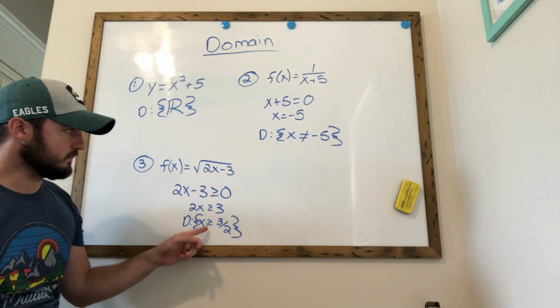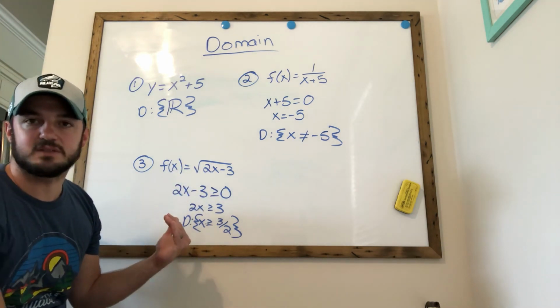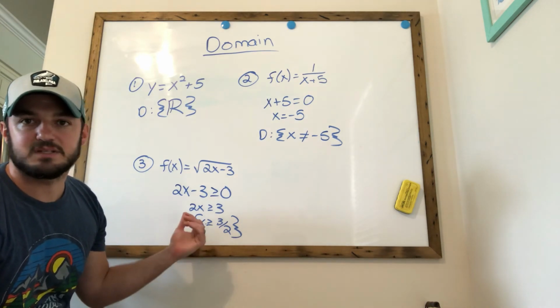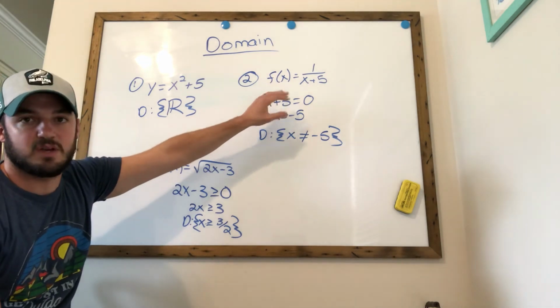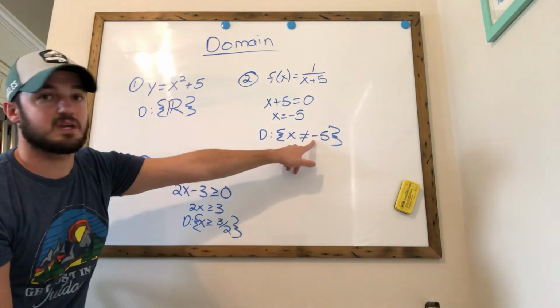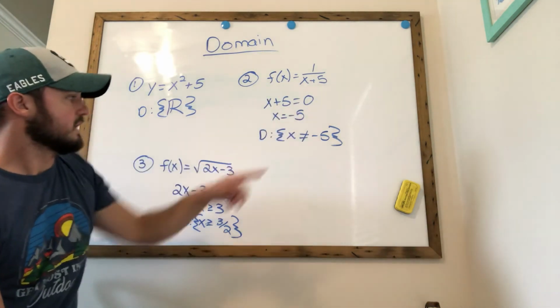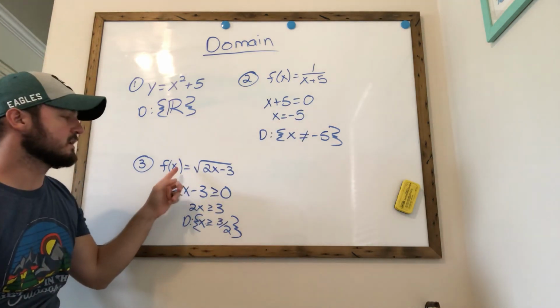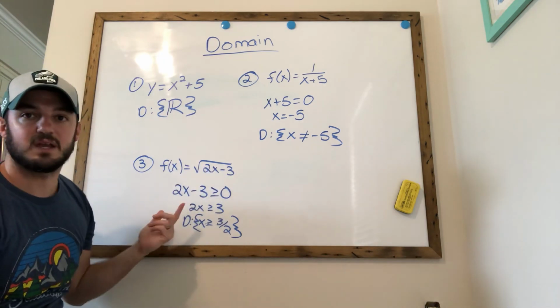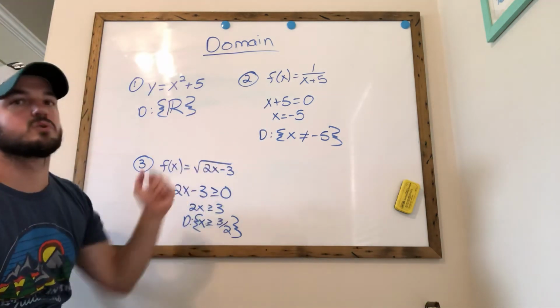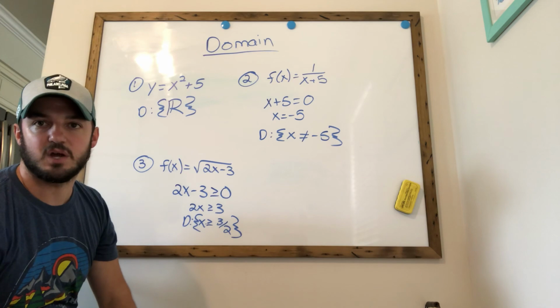So again, I know I simplified things a little bit, but I just wanted to give you guys the basic idea. Start with all real numbers. If there's a fraction, your denominator can't equal 0. If there's a square root, whatever's underneath the square root can't be negative. So just use those two basic ideas and you should be able to solve all your